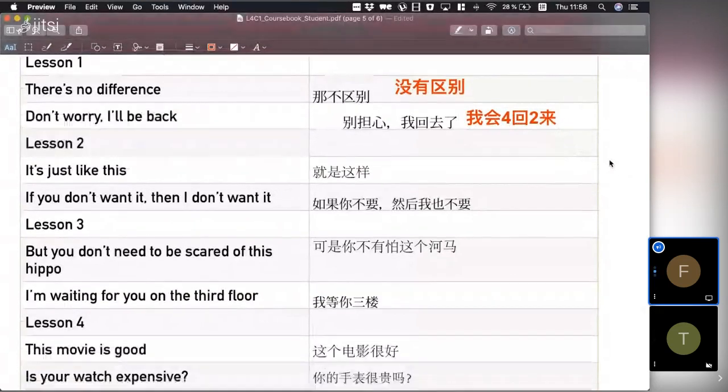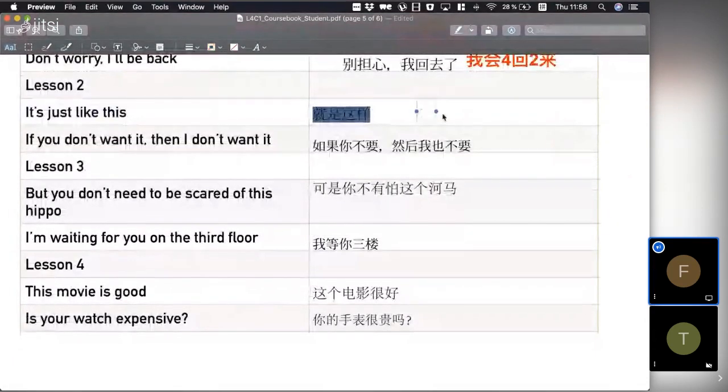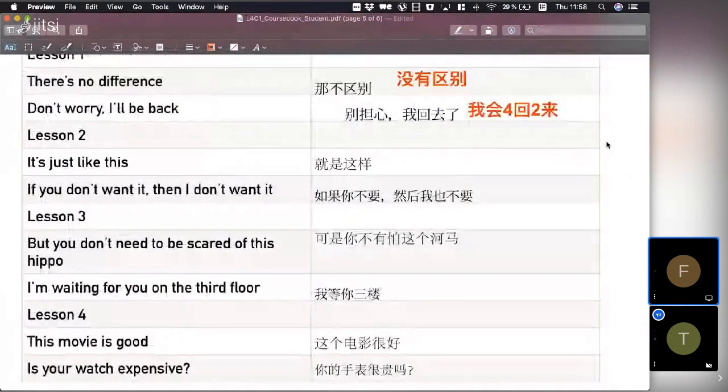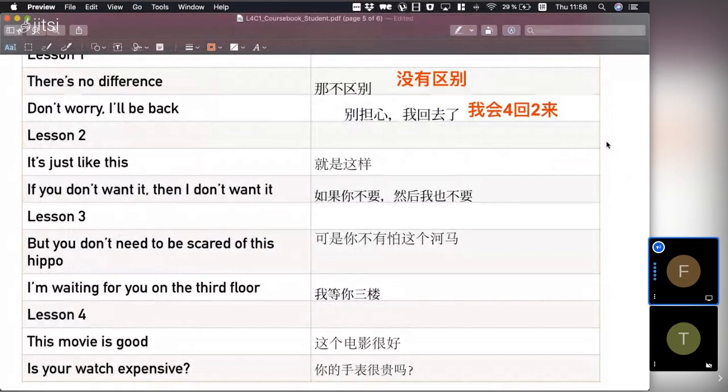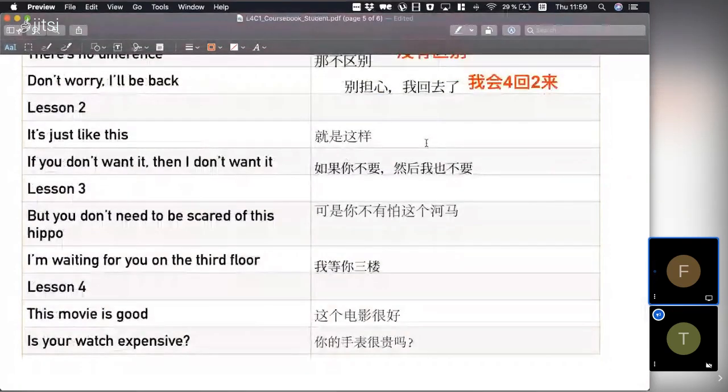I try to do it every now and then to remind you. And excellent. So it's just like this. 就是这样。就是这样。就是这样。Excellent. So like they're asking you to explain something, you're like, no, it's just this simple. 就是这样。